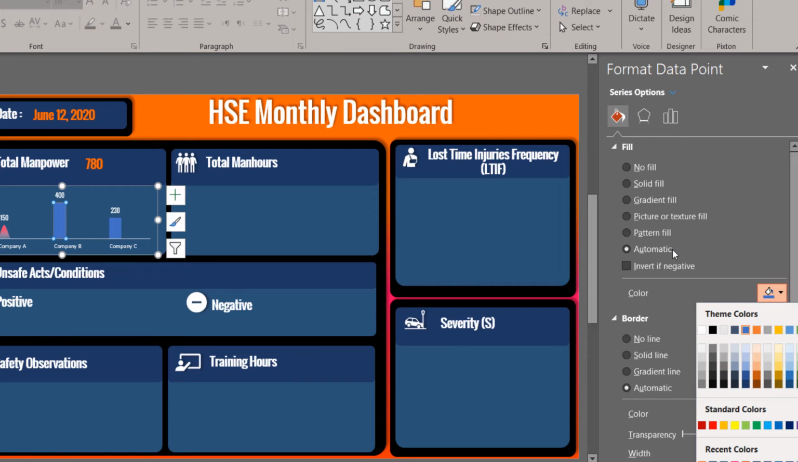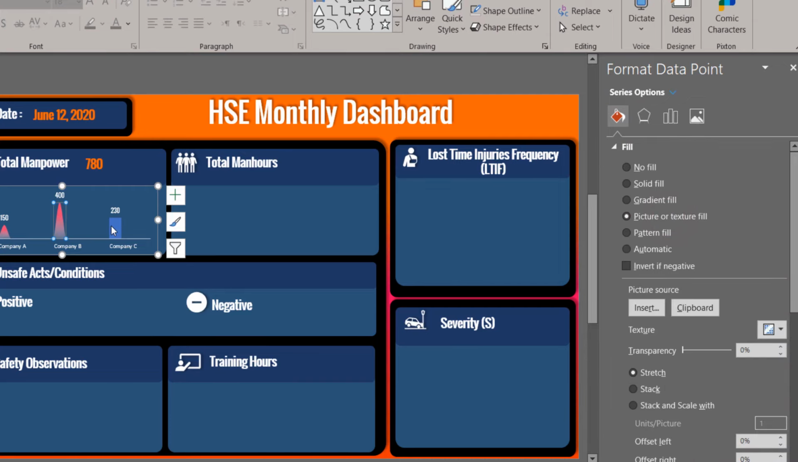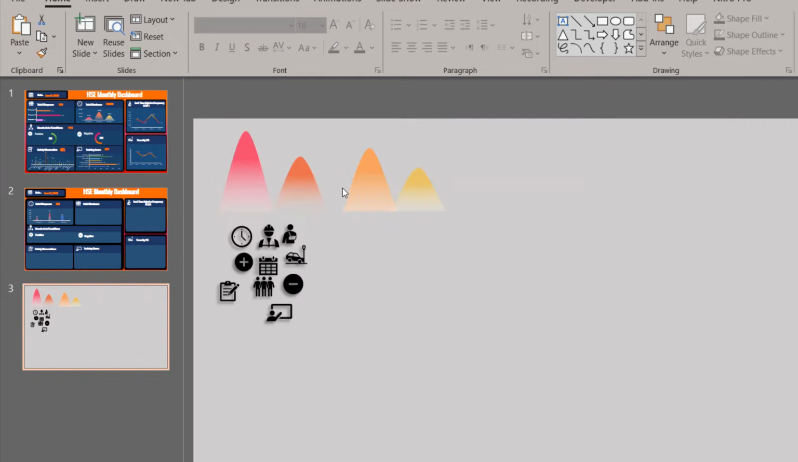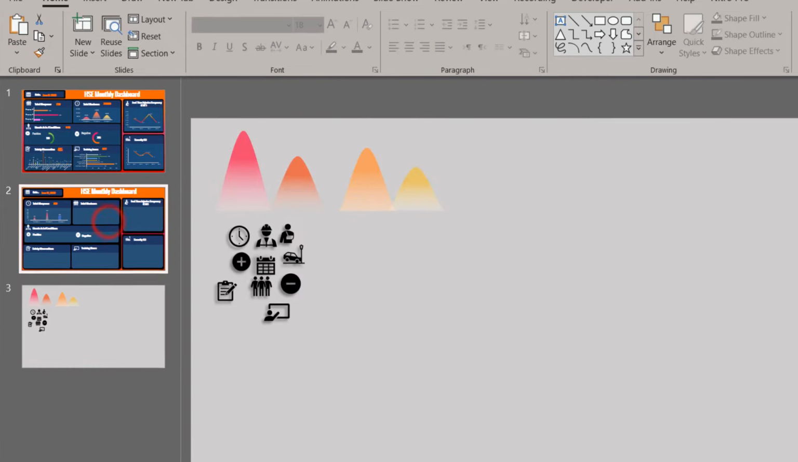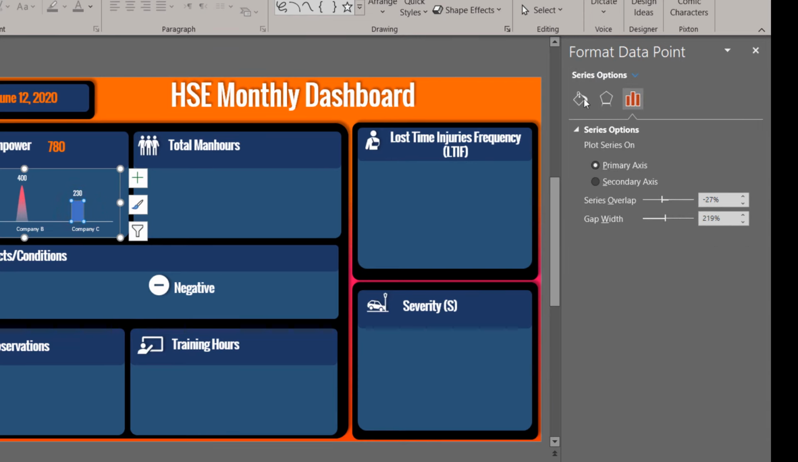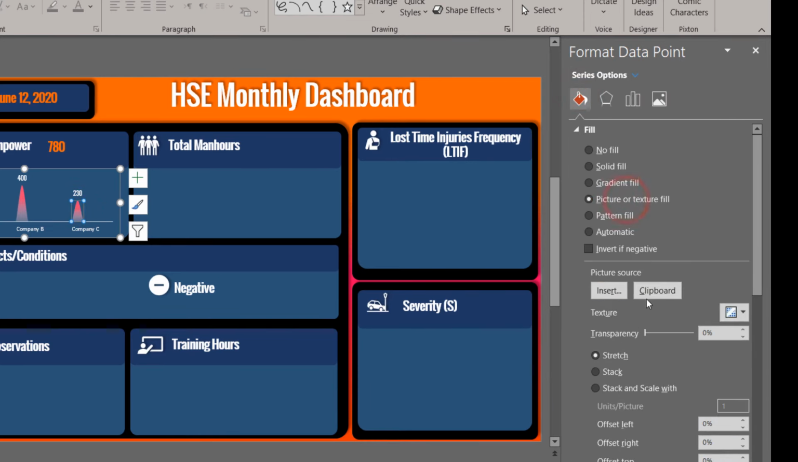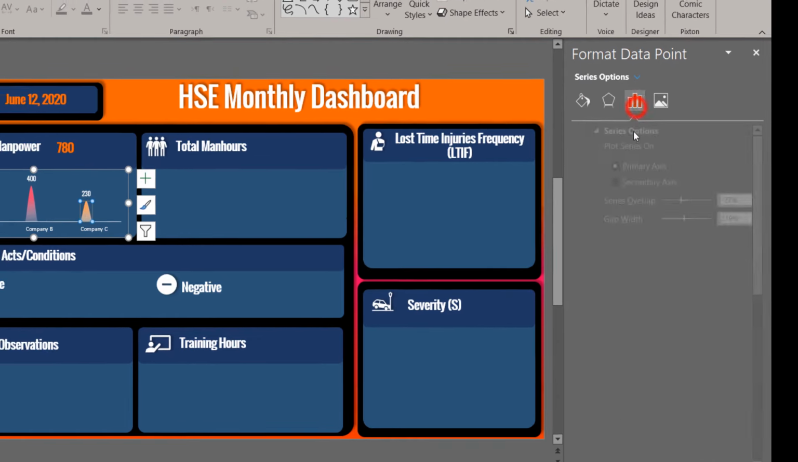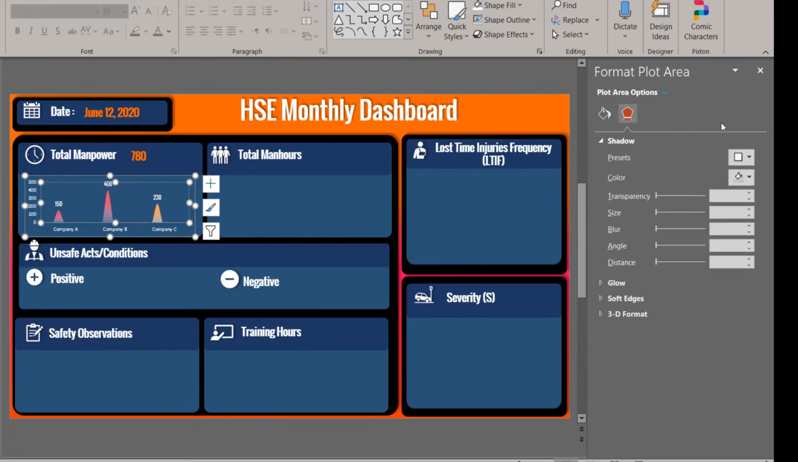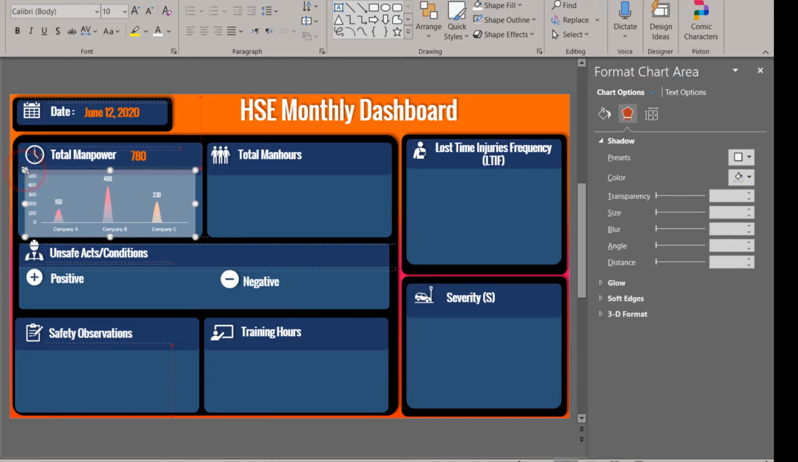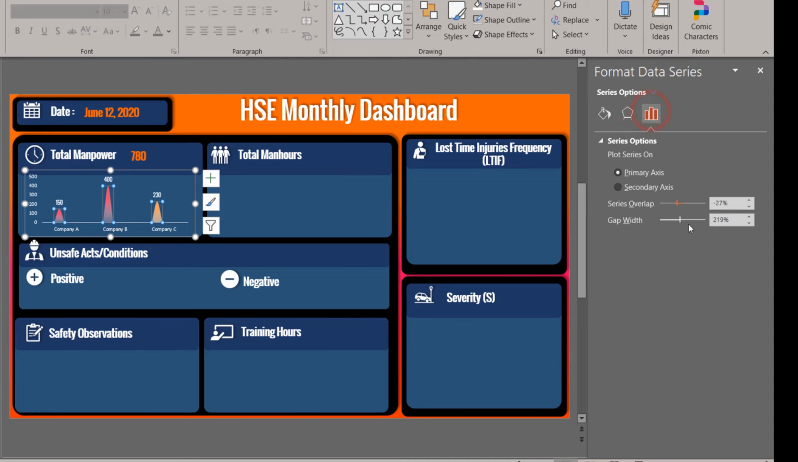filling, picture and the fill. Third one, Control C, fill, picture or text fill, clipboard fill. Then I come to this chart and make settings in this area, primary axis, series overlap. I can decrease the overlap, and the gap width also to be decreased